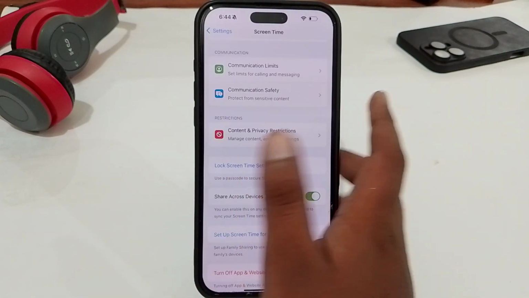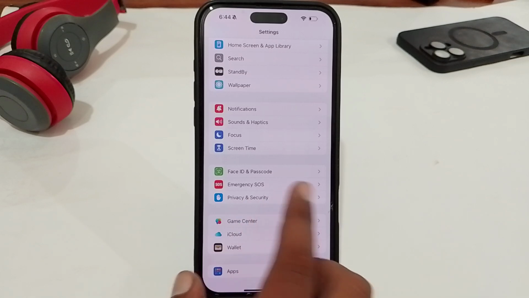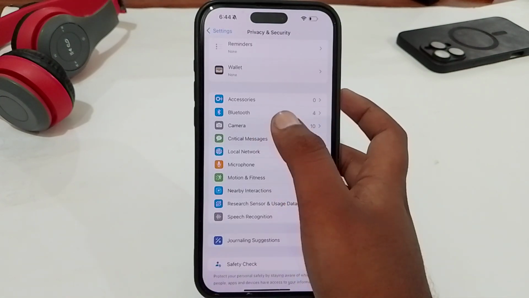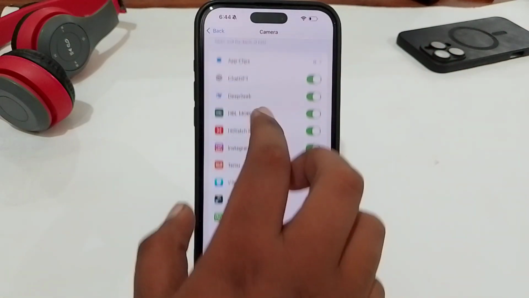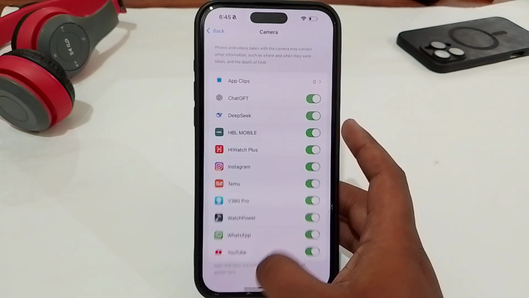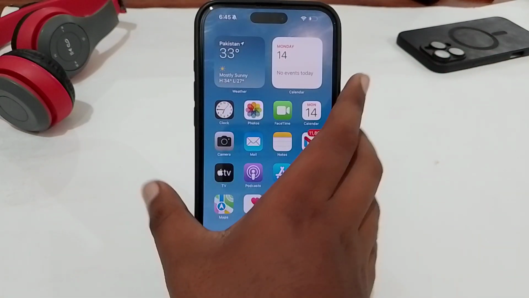After that, you just have to go back and look for Privacy and Security, tap on it, and look for Camera. Here's the camera setting, select it, and here you must allow the apps which you want. But if your problem doesn't get solved by this method, you have to make a final step,